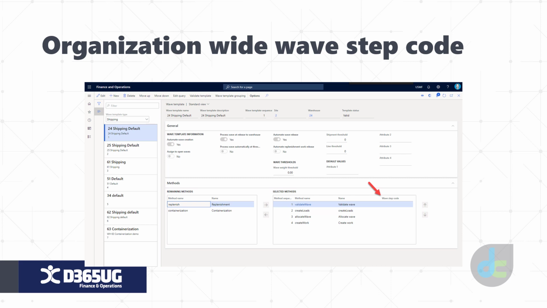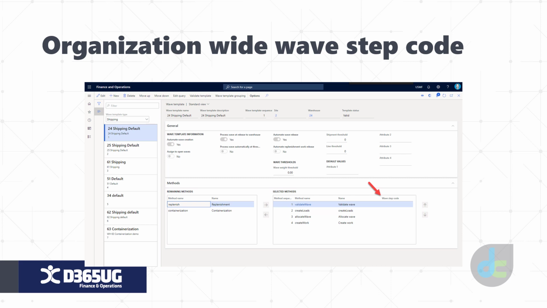Next, we have the organization-wide wave step code. This enables the wave step code for all legal entities, and this makes it so that the step codes are based on system-generated values rather than a free text value that a user may have entered.